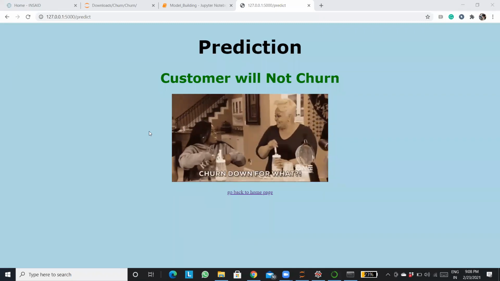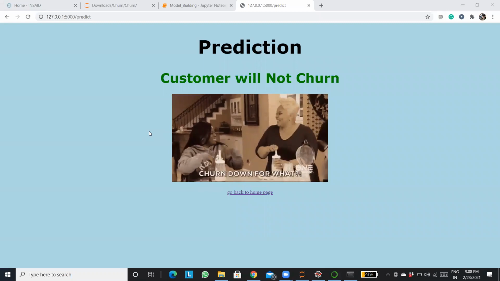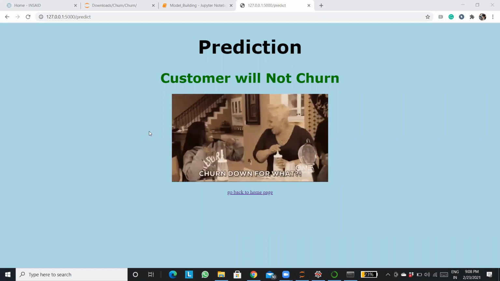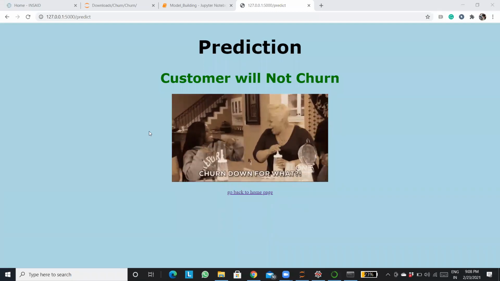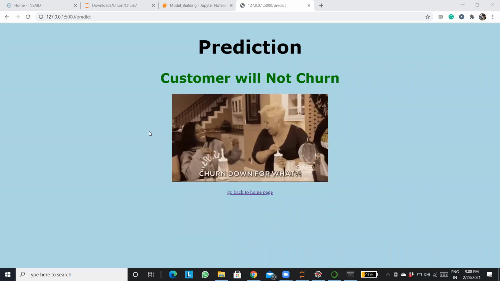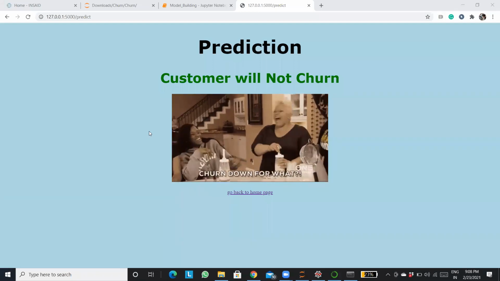Joblib is there, HDF5 is there, but these are some of the advanced extensions of these particular things, right? So if you are using Dask or something to scale your model, then Joblib is going to be preferable. There was a tool, I don't remember the exact name, where you can use HDF5 to scale your model. So these things need to be worked out depending on the use case that you are working on.